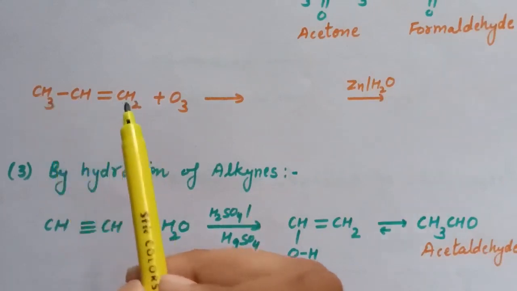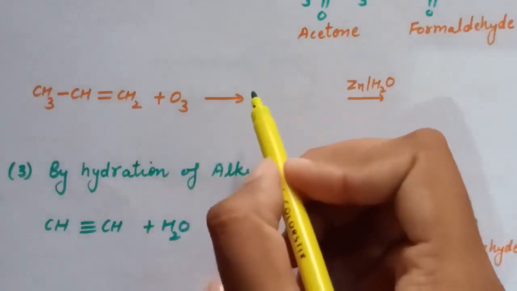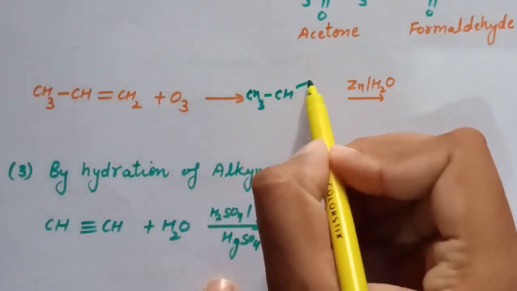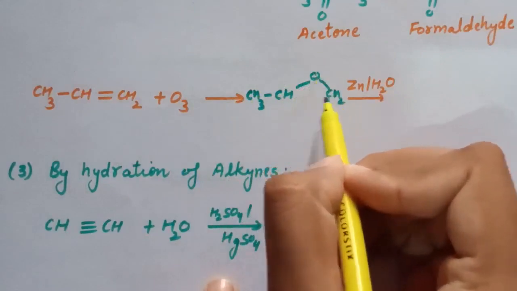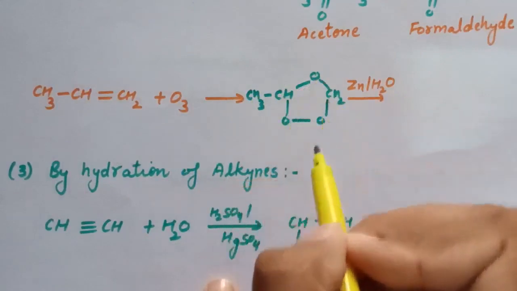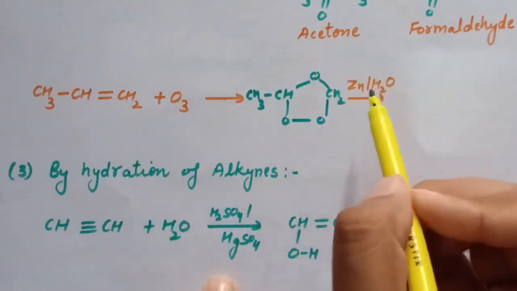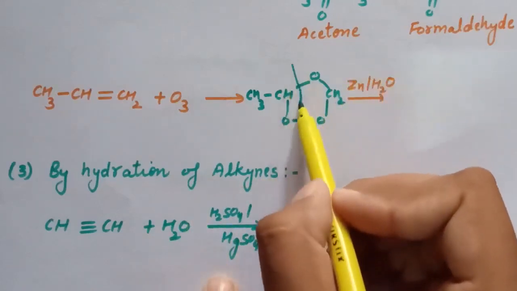Here one question is written: what are the ozonolysis products of this alkene? So, reaction of this alkene with O3. The first step is formation of the ozonide complex. Now in presence of zinc dust and water, this complex will break,